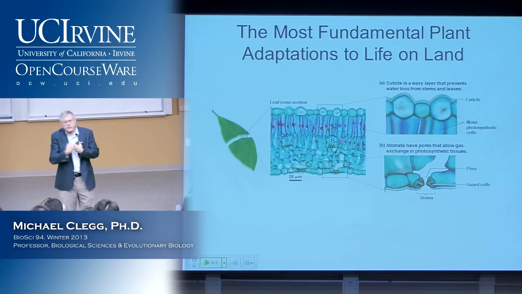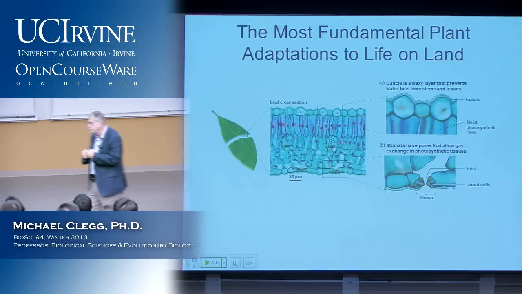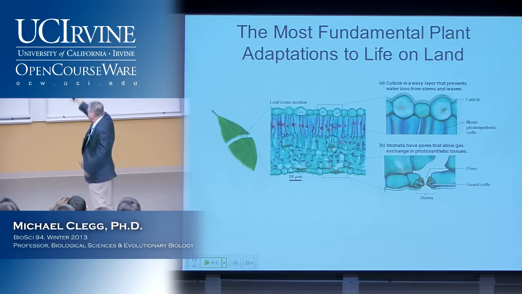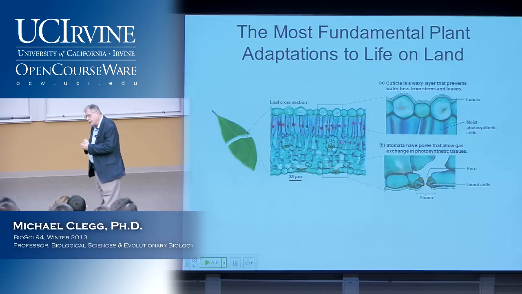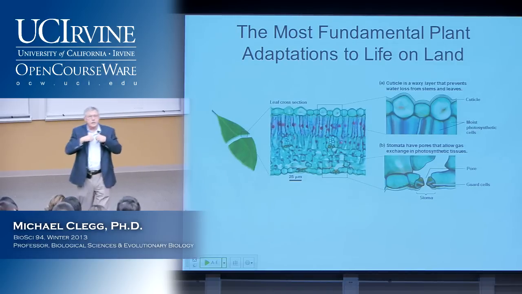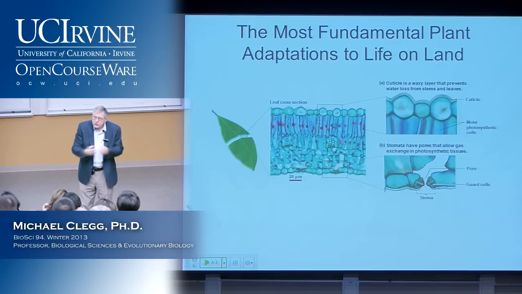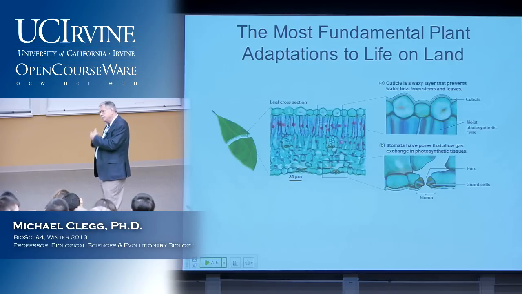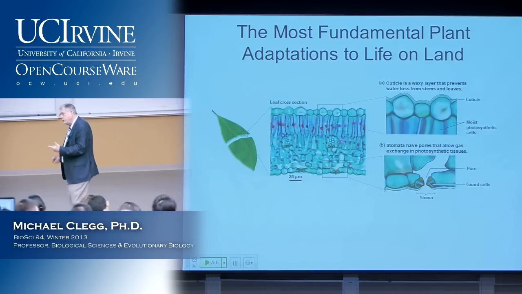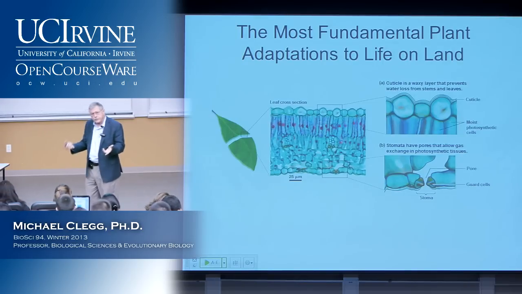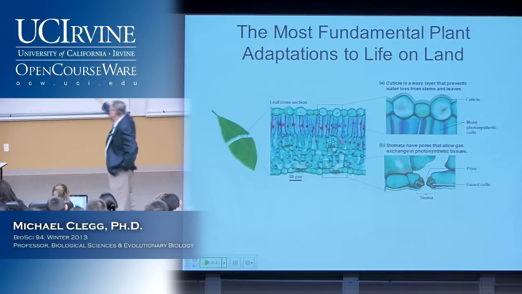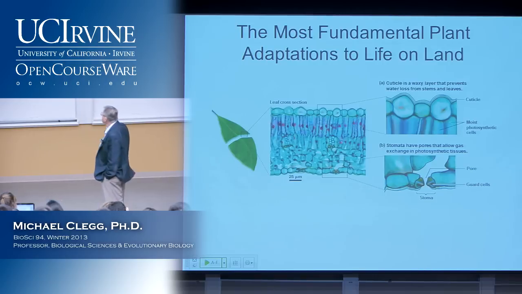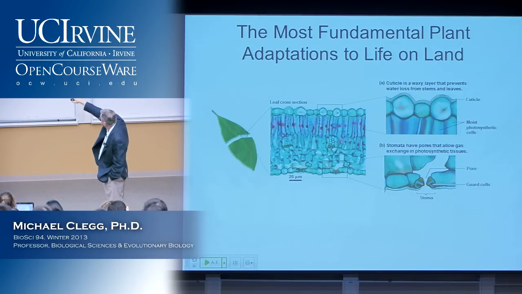Now, if there's a lot of turgor pressure, the guard cells open. But if there is a loss of water and the water pressure inside the cell declines, they become flaccid and close. So they close under periods of water stress, and open and allow gas exchange under periods where water stress is not as great. And so you see the picture on the left shows you a larger cross-section of a leaf